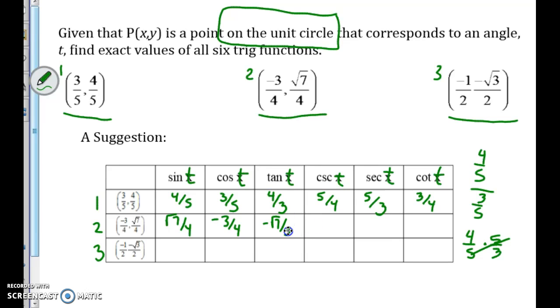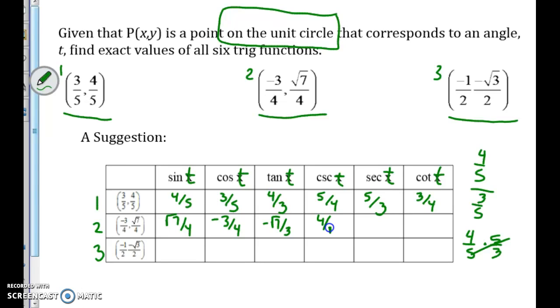You never leave a negative in the denominator. A positive divided by a negative is a negative. The answer is either negative or positive. Please don't put the negative in the denominator. It's just silly. Now cosecant is going to be the reciprocal of sine, so that would be 4 over the